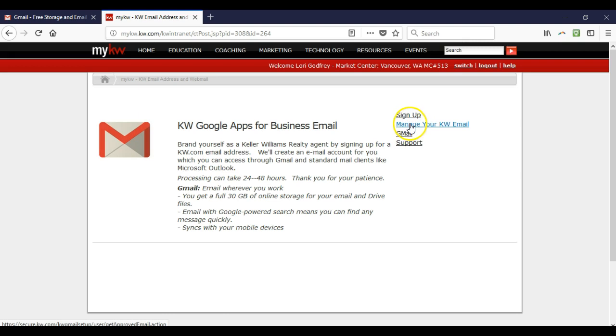Now, if it is set up, you can always click the Manage Your KW Email option. Under Manage Your KW Email, this is where you can actually find the back end of your KW email to change the password. That's the biggest question we always receive: I'm locked out of my KW.com email, how do I change the password? That'll be through this back end on the KW intranet. So once I click on Manage Your KW Email,